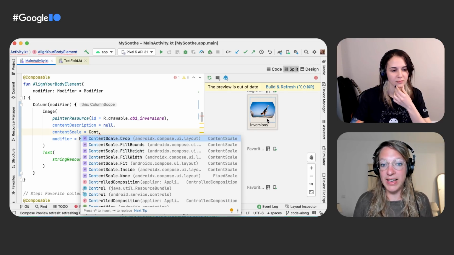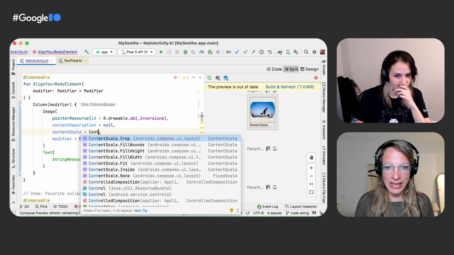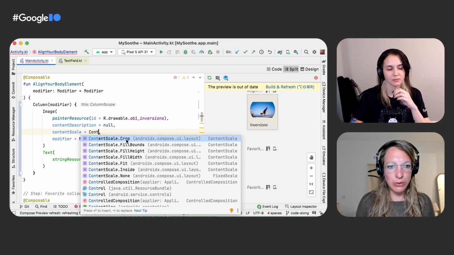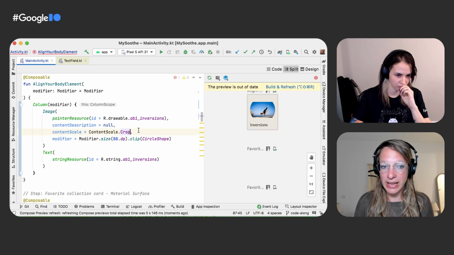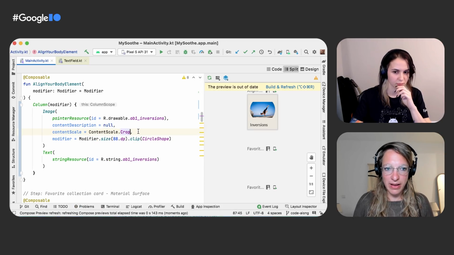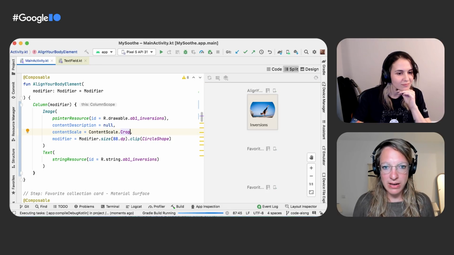So it's fitting inside its parent container, but we just made that parent container square. And somehow the X and Y aren't really scaling the right way. So if we use crop, we will basically tell the image to fill the X and the Y in such a way that the smallest one completely fills up the parent. And with that, we will get what we want.